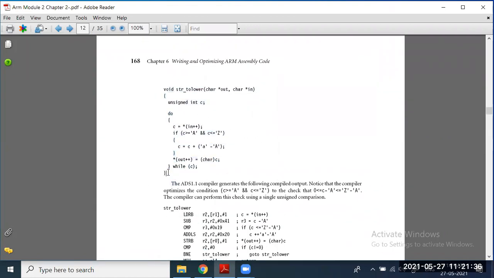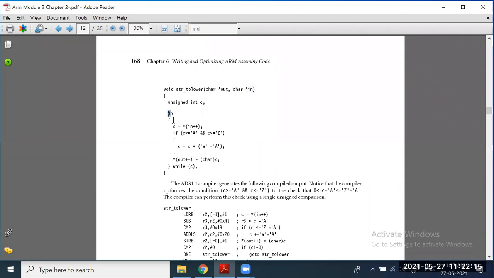See, this is an example of a C program. What is this C program? Convert a string from uppercase to lower case. This is a simple C program. Uppercase is here. See, it is a memory location which is pointed to by the variable called out. This is a pointer variable out. This is the input, this is the output. Some memory location is pointed to by this variable. This variable holds an address, the address of a value in some memory. These are the two addresses.